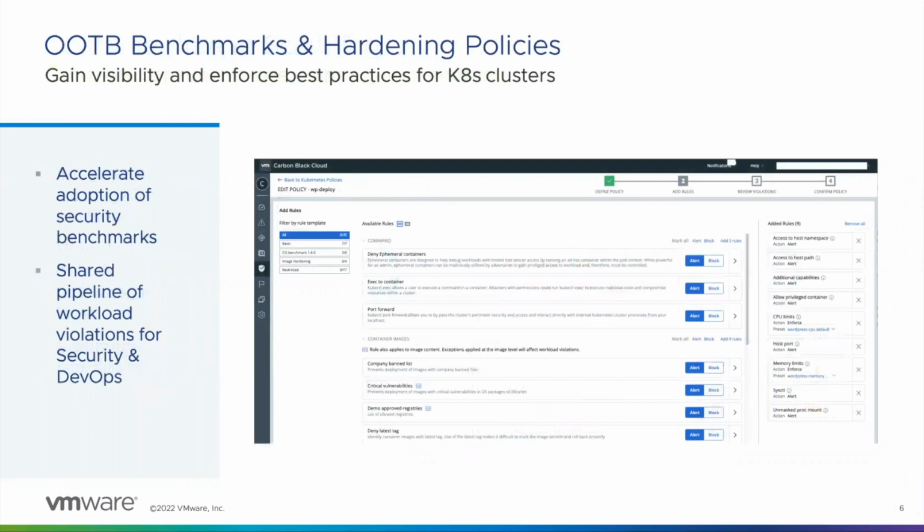Incorporating themes from each of the pillars, this is a view into the out-of-the-box benchmarking templates that are a part of the hardening policies in CB container security. These rules can apply to containers, workload configurations, as well as can be established around certain types of network runtime activity. So what teams can do is, day one, they can,